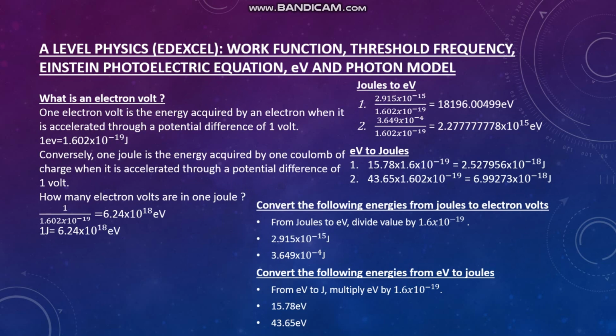So that would therefore give us 1 joule equaling 6.24 times 10 to the 18 electron volts. And here we have a series of questions where we have to convert joules to electron volts and electron volts to joules. So from joules to electron volts, we divide the following value by 1.6 times 10 to the minus 19. So we do 2.915 times 10 to the minus 15, and we divide it by 1.602 times 10 to the minus 19. And that gives us an answer of